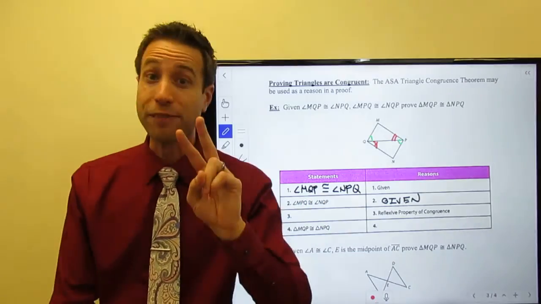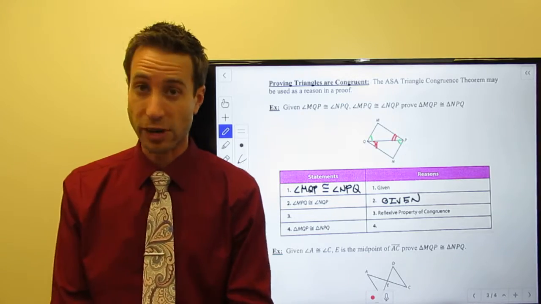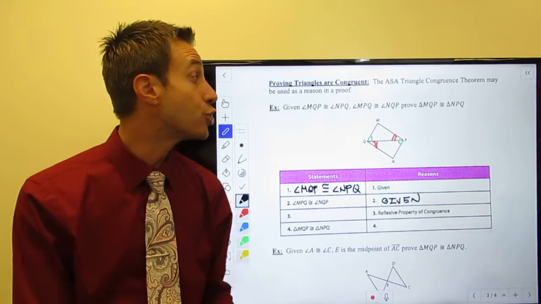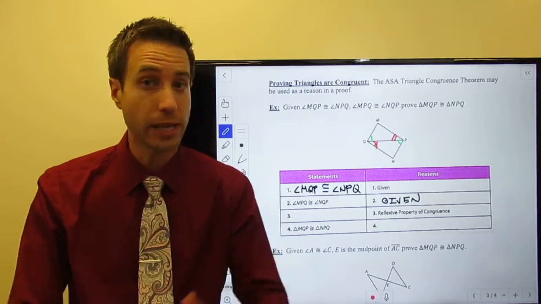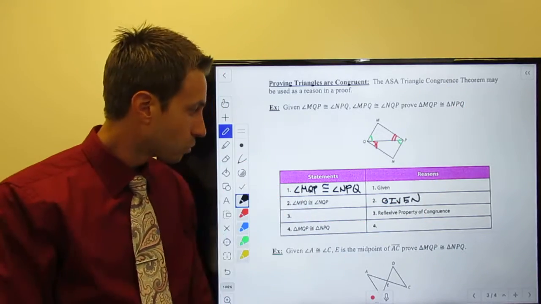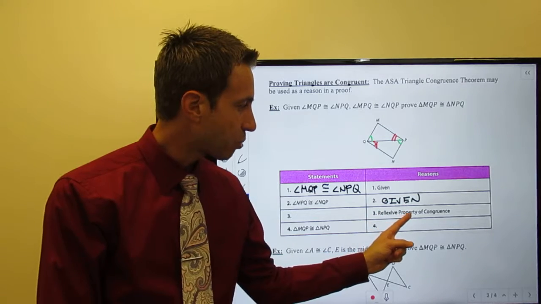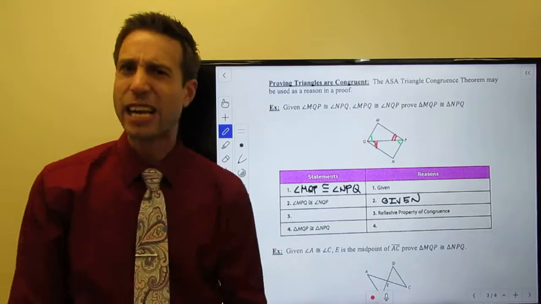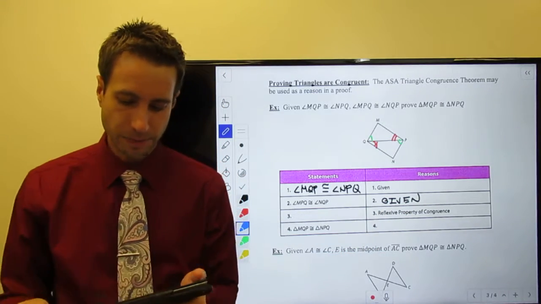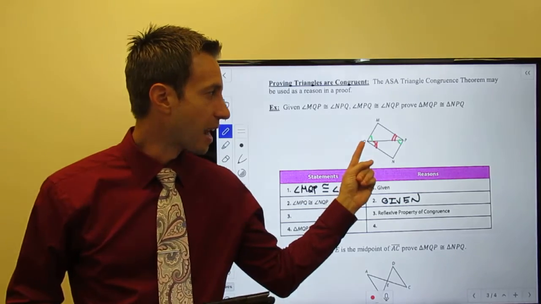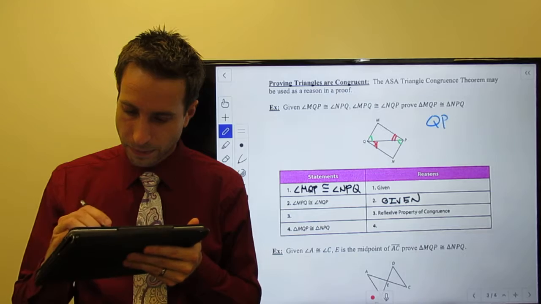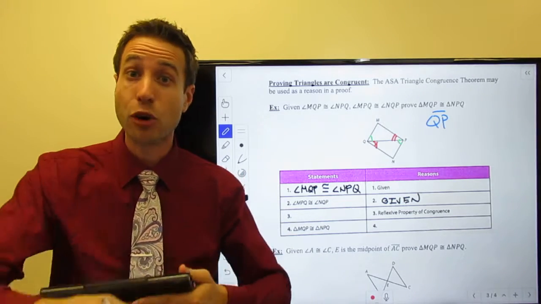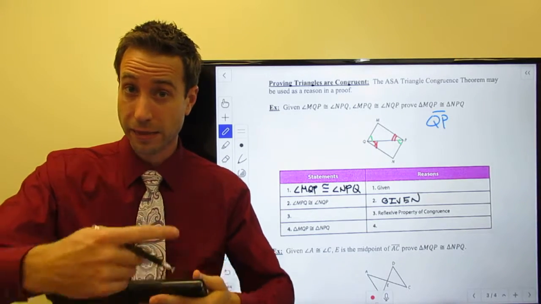Okay, great. All right, so there we go. I now have two pairs of corresponding angles. All I need to do is show the included side is also congruent, and we've got it. Well, let's see. Reflexive property of congruence. Here's what the reflexive property says. Please notice I have line segment QP, and I have line segment, reflexive property, flip it,